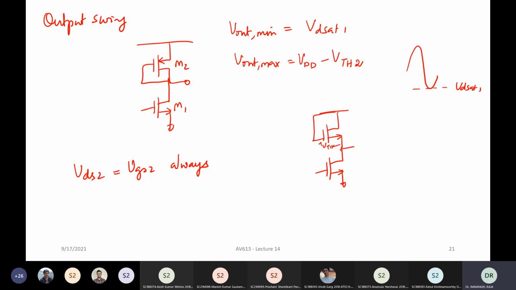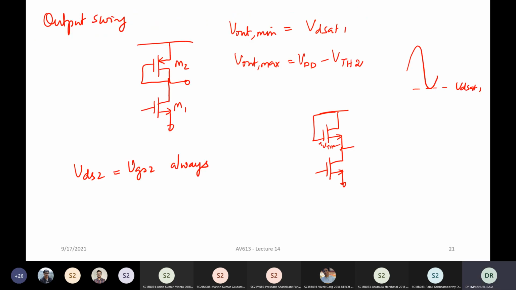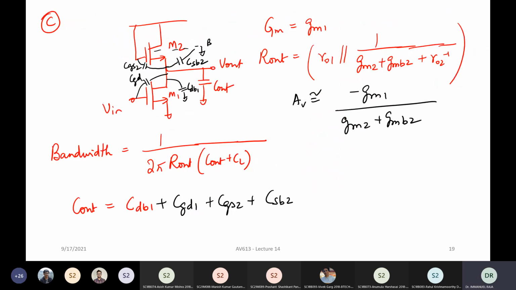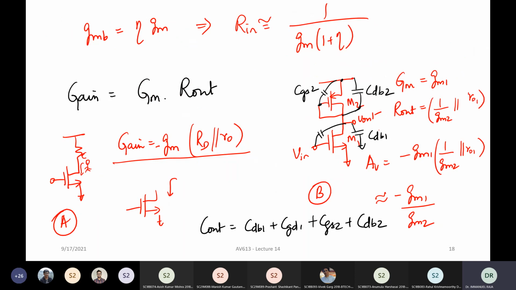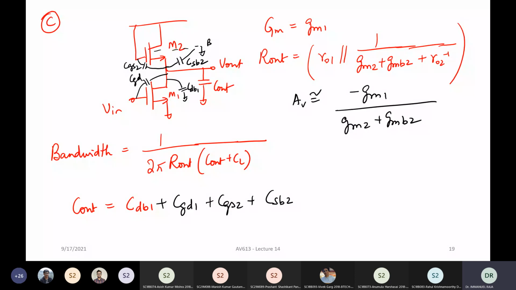Now we have looked at noise. Let us look at one more type of common source. In fact, this is the most commonly used common source type. So this is common source. I had already introduced this earlier with a current source load. Before I go to it, let me talk about the motivation for doing that. Now, if you look at these gain expressions, all right.